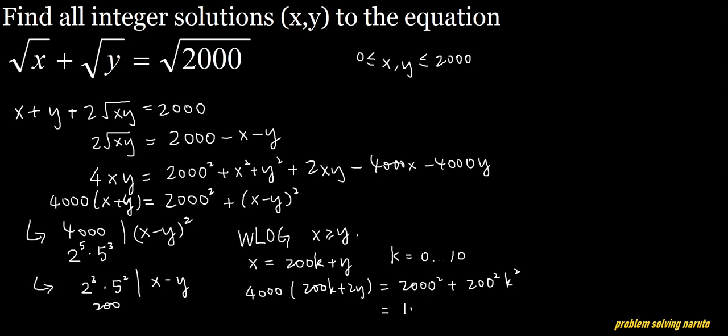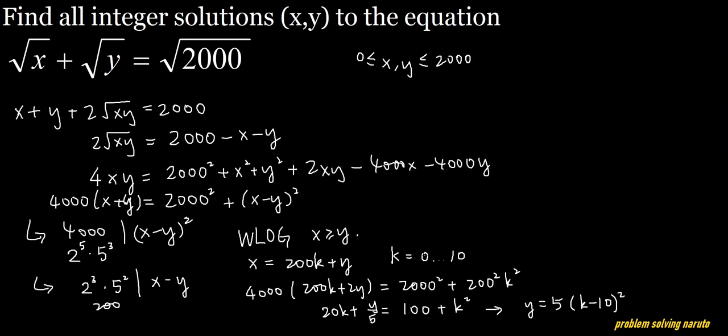That leaves me 100 here and k squared here, and on the left hand side I'll be left with 20k plus y over 5. Luckily we can complete the square again. If you move everything to the right hand side, I get y is 5 times (k minus 10) squared. So it remains to check